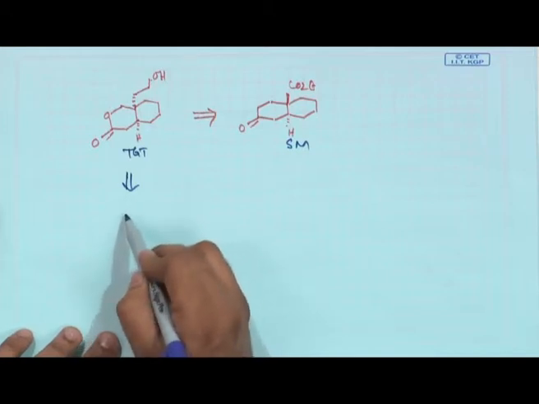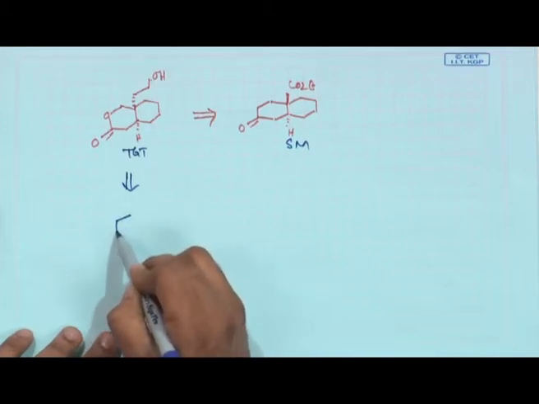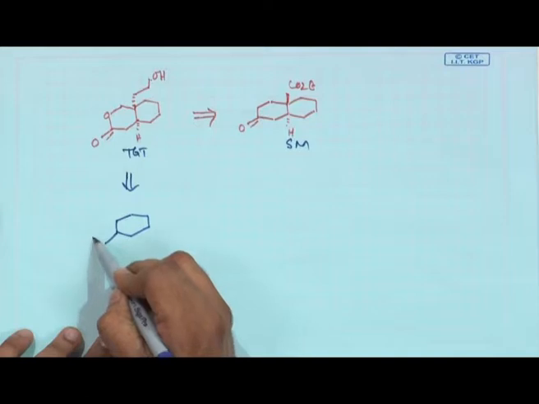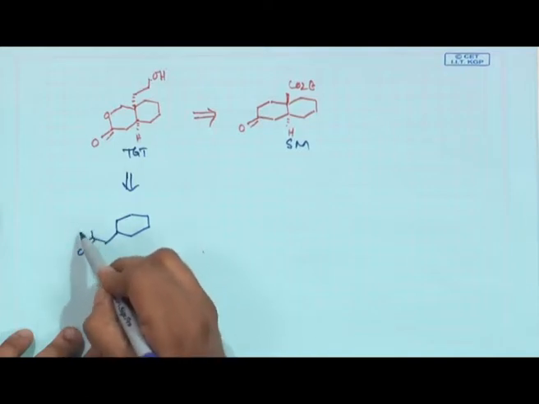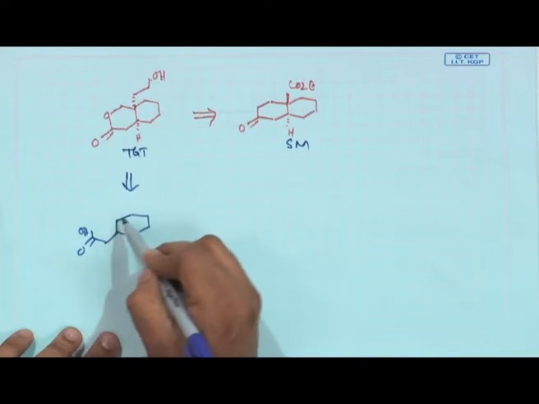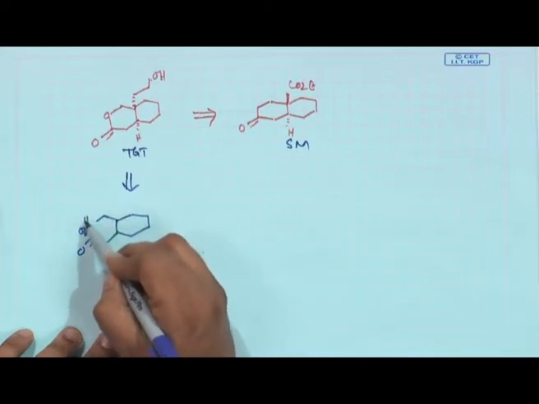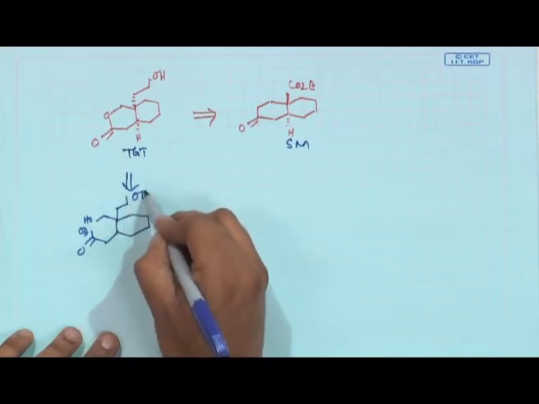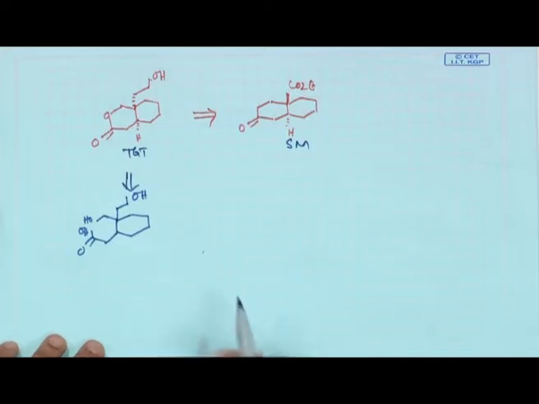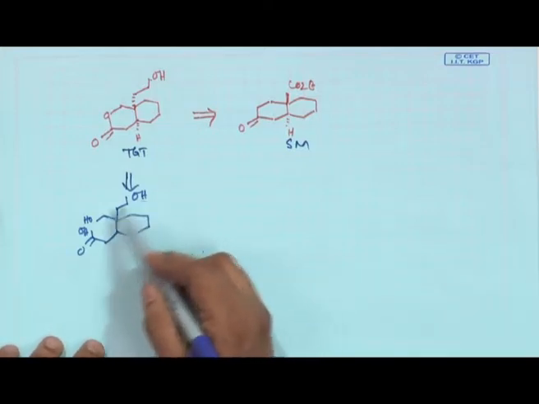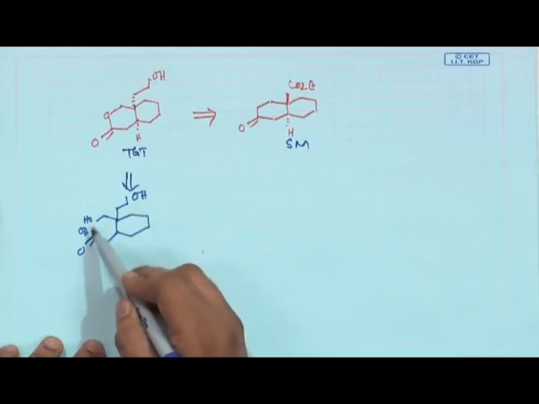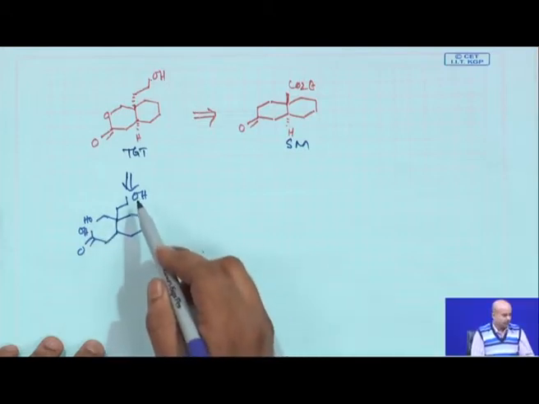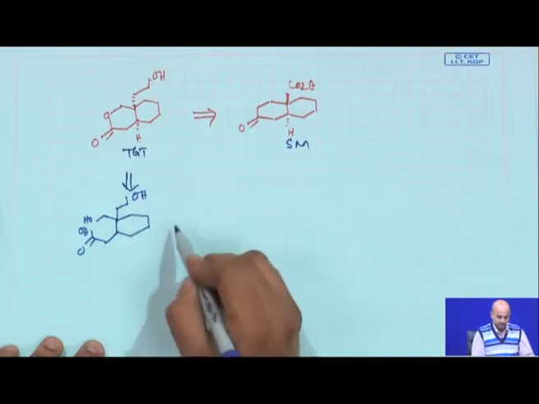So, now let us do the retro. We are now saying that if you have this kind of hydroxy acid, it can give you this lactonization, also this OH. Eventually, there are two different OH groups, and you need to make sure that only this OH reacts with this lactone, or otherwise you can basically protect one of these OH groups.